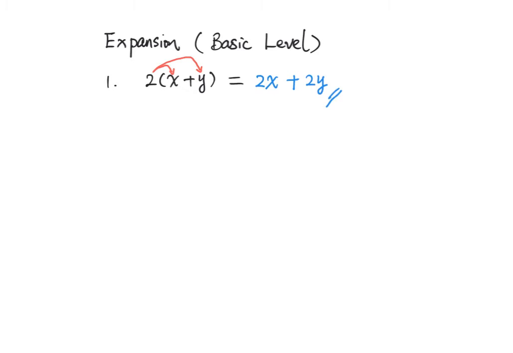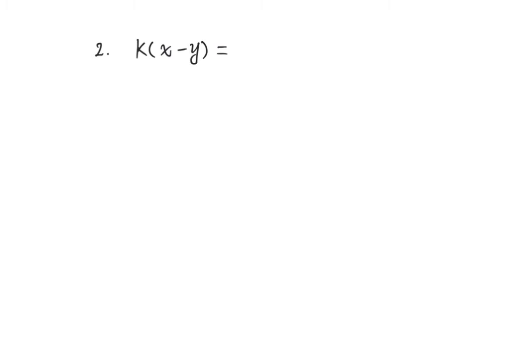That's it. For the second example, we just change 2 to k and change plus to minus. So it is k times bracket x minus y. So how to remove the bracket? Also by the rainbow method. K times x, which is kx,